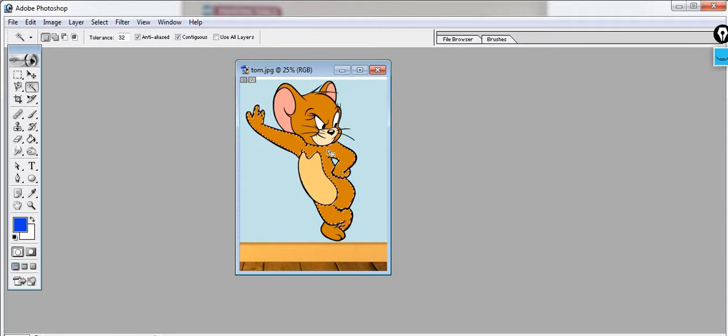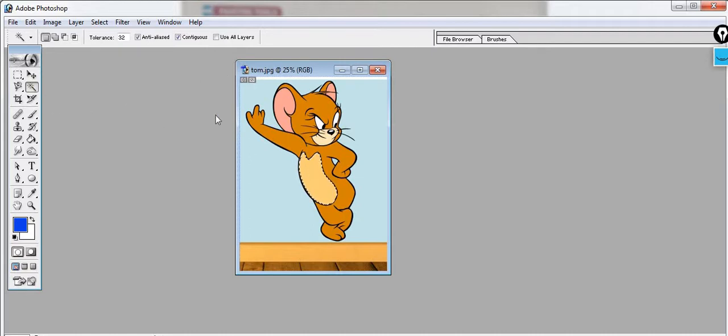Suppose I click here, see, this particular portion will be covered like this. So wherever we click, on the basis of the boundary and its color, it will detect and select that particular portion.